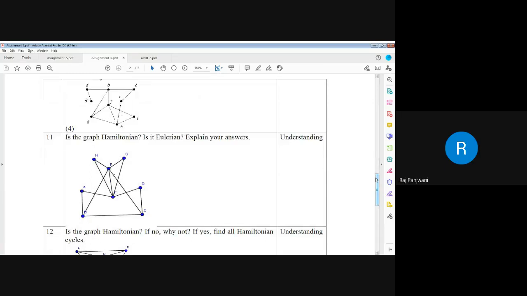Sir, in this, now this is not a Hamiltonian graph. Then how do we prove it, do we write the whole thing, or directly write it? In such a case, when the graph is not Hamiltonian, we are just supposed to write down a simple line: this graph doesn't contain any Hamiltonian cycle, so this is not a Hamiltonian graph. That's it. If we are saying it is a Hamiltonian graph, then we need to provide at least one Hamiltonian cycle. But if it is not Hamiltonian, then that particular reason is enough. We don't need to prove.